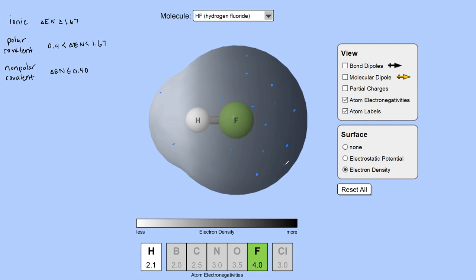We use electron cloud models. And even though there certainly aren't this many electrons in this small molecule, I'm trying to demonstrate that you're most likely going to find the electrons spending a lot more time around the fluorine than you are around the hydrogen. The impact of that is that even though the molecule doesn't have a charge, right? There are the same number of protons as there are electrons. We're still going to have what is called a partial charge, or a separation of charge in the actual